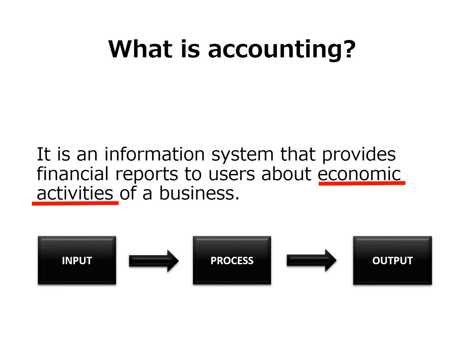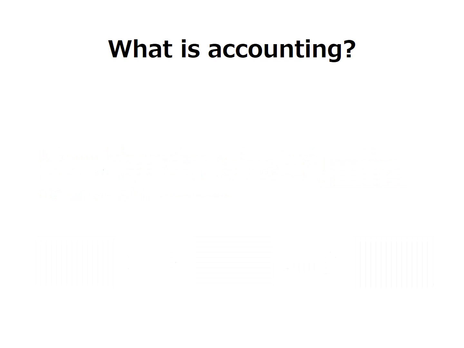Our financial data needs to be useful, so we need to process it. This process is called accounting. The accounting process is composed of several steps that need to be performed in order to convert the financial data to financial information. The output is in the form of financial reports that contain the financial information. The financial reports are given to users.